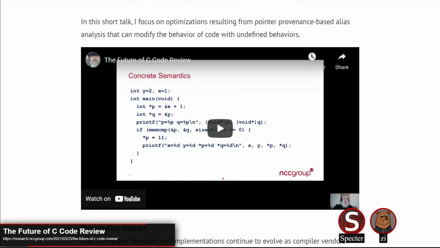No, and neither can I. I actually commented asking if he knew of any. I haven't gotten a reply on that, so he hasn't pointed any out. Yeah, I don't know either, but that's where the talk is the future of C code review. It's about needing to review code with this in mind, that these things are going to happen, and more optimizations in general. Not necessarily this specific one, but yeah, I can't think of any cases where this has actually been the source of a problem.